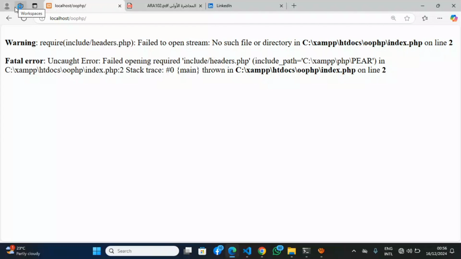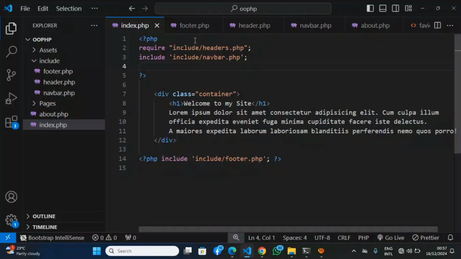But with require, you are telling the system that this particular program requires this file to run. So since the project requires the file to run, if the system cannot find that file, it won't preview the rest of the document, just as it is shown here now. So if I go back now and rename this required headers from headers to header,